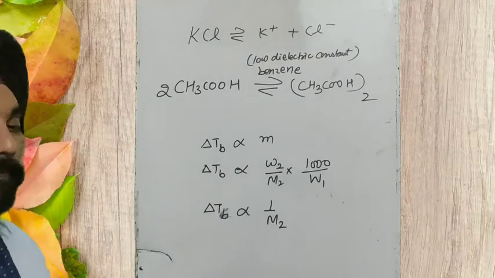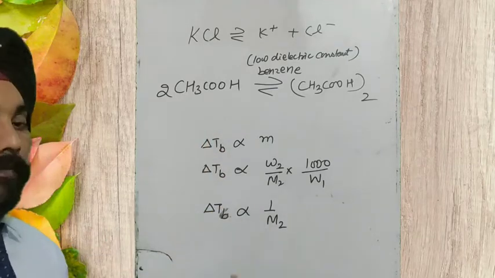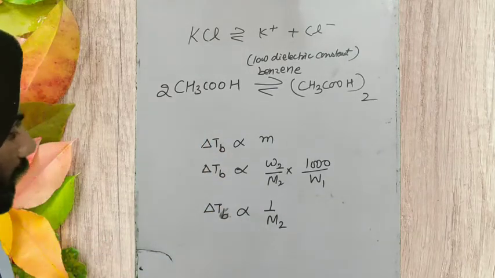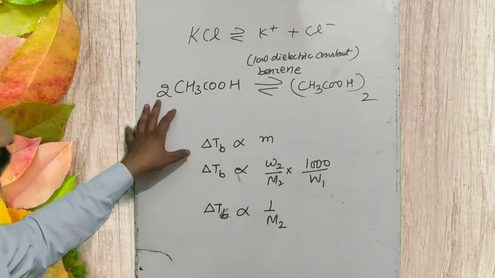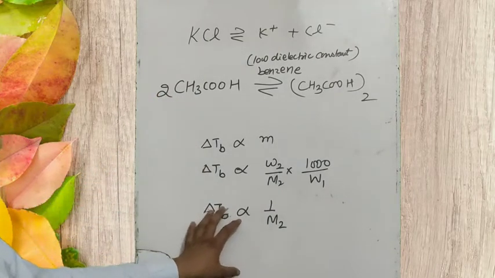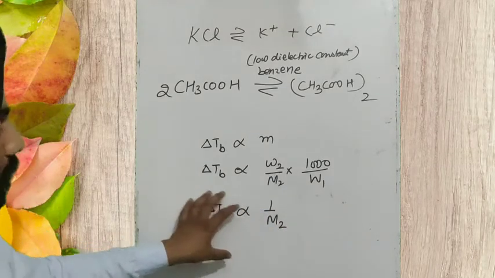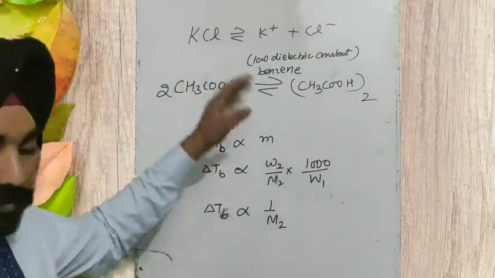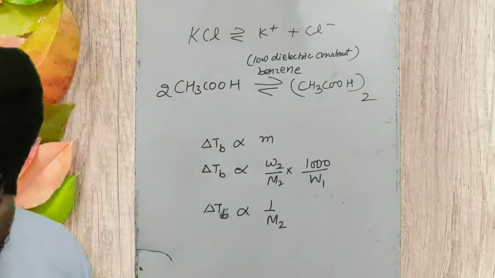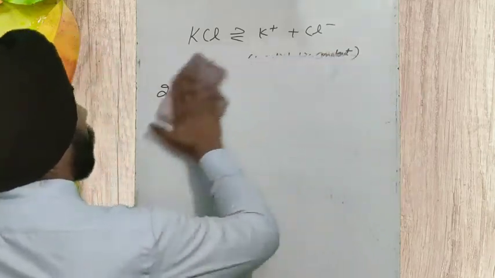Okay, so it is a simple phenomenon. Colligative property and molecular mass are both inversely proportional to each other. If colligative property is increasing, molecular mass is decreasing; if colligative property is decreasing, molecular mass is going to increase. So this happens, this is the abnormal molecular mass. So here we are going to write the definition of abnormal molecular mass.